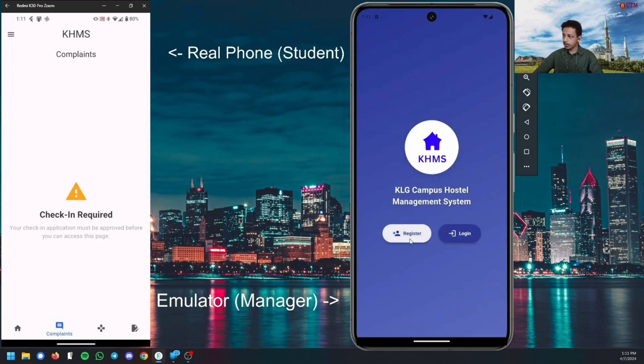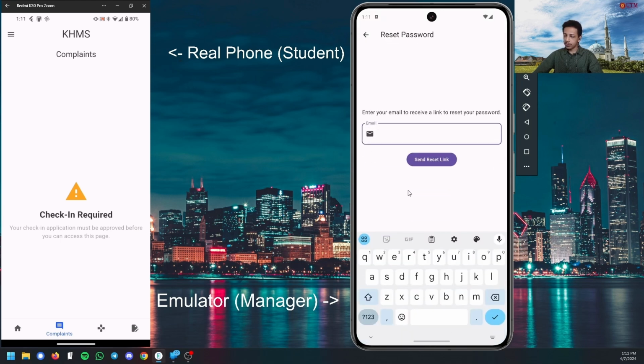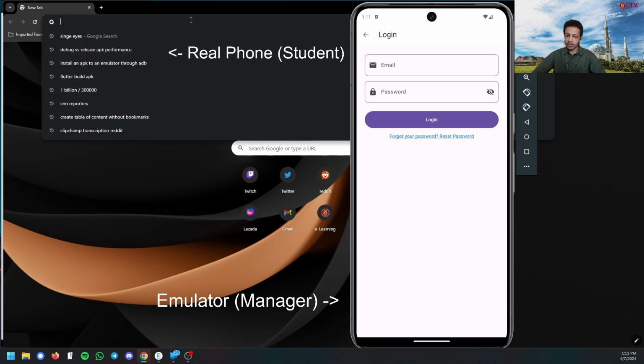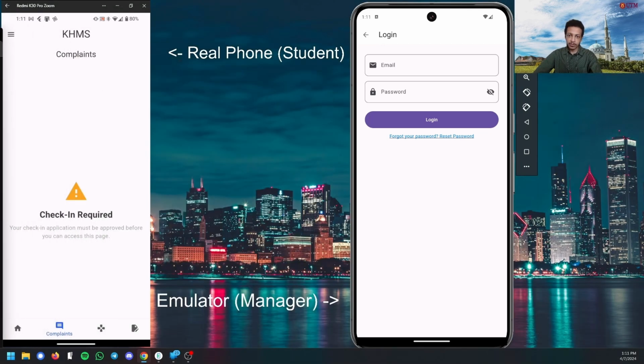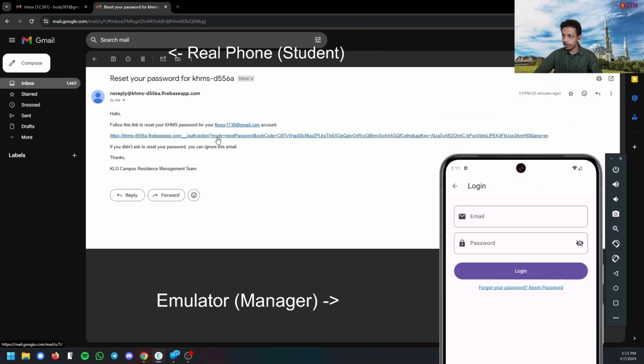And the last thing is when you go to the login, there's an option to reset your password. So if you enter your email here, for example, it has to be a real email. So enter your email to receive a link to reset your password. Send that. So the user will receive an email to reset their password. So this is the email here. So reset your password. This will be changed to KLG Hostel later. So if you click this link,